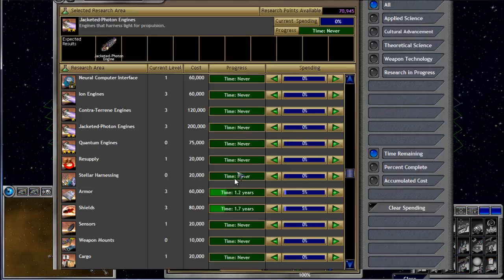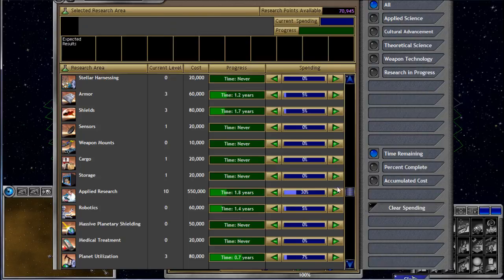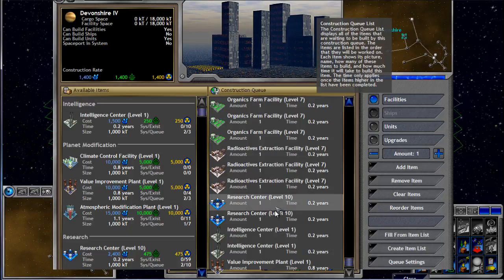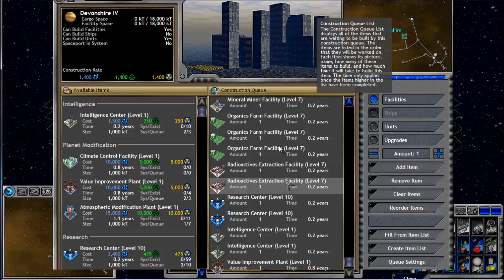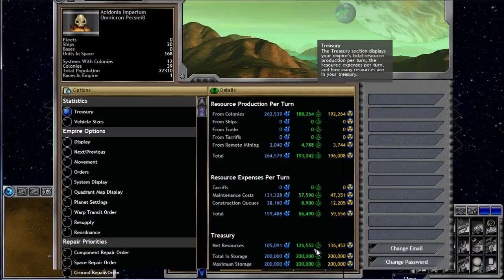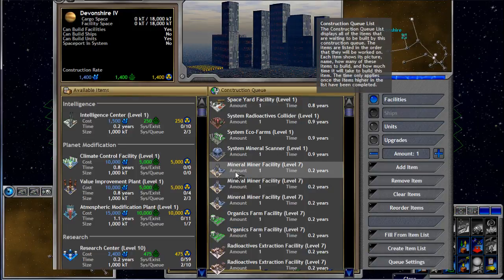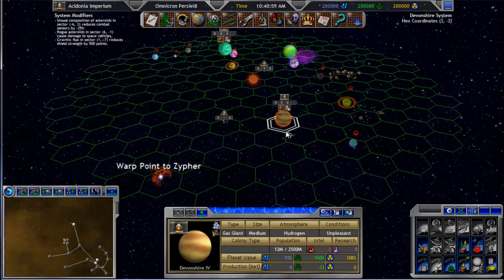We get the robot stuff. That's going to be a while. But this would be a good spot for that, maybe just because we've got tons of production on organics and radioactives. I mean, we're doing really good on both of those. Go ahead and save those spaces. So once we get the robotics research, we can stick those in here on this planet and really push